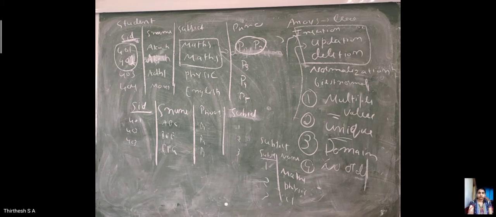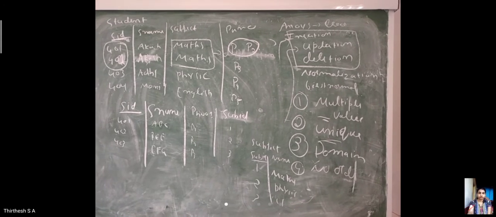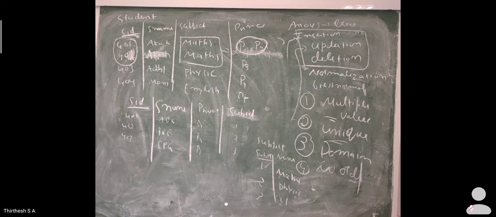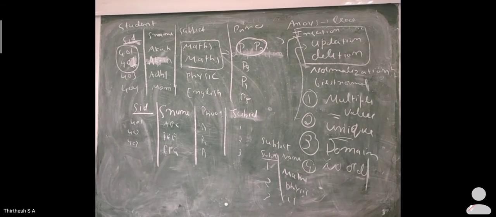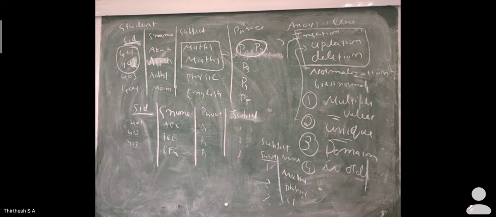Okay. So here it always says that you should first satisfy the first normal form conditions. What are the first normal form conditions? It must have unique values. There should not be any redundancy, there should not be any repetitions, the domain name must be the same, and there is no order. Those rules must be satisfied in the second normal form. Here there must not be any partial dependency.